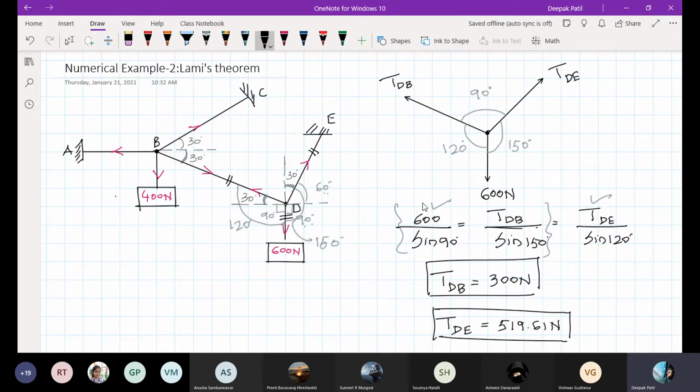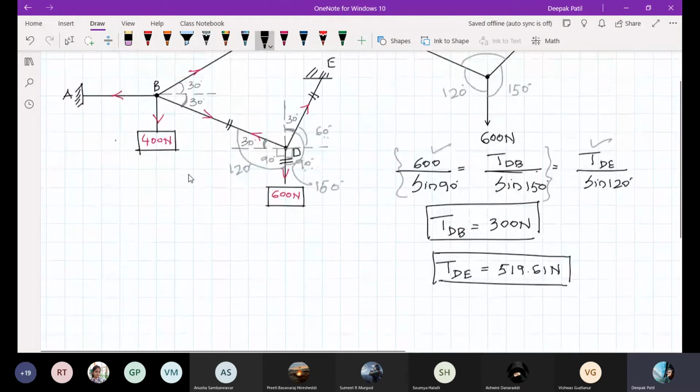Now the next step is to calculate the tension in this and this. Don't have a notion that this is known, so only three are there, so I can apply Lami's theorem. No, whether it is known or unknown, at a point where 4 forces are acting, you cannot apply Lami's theorem. In that case, I will tell you what you have to do. But before that, let me take point B and mark all the forces acting at point B. So this is my point B. One tension is acting like this, I will call it TBC.